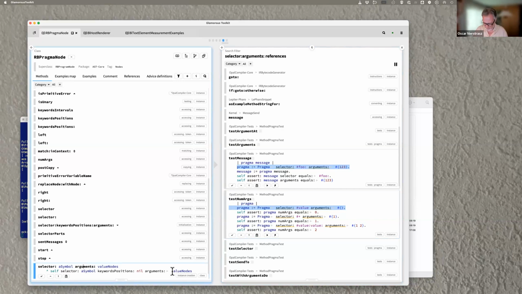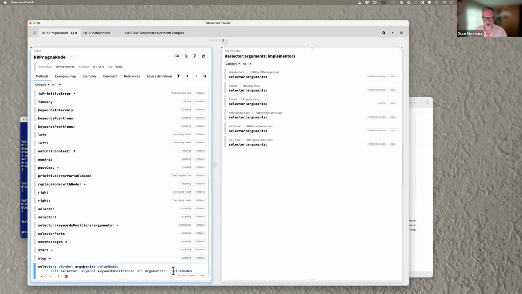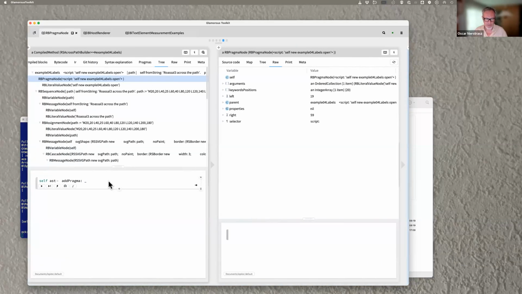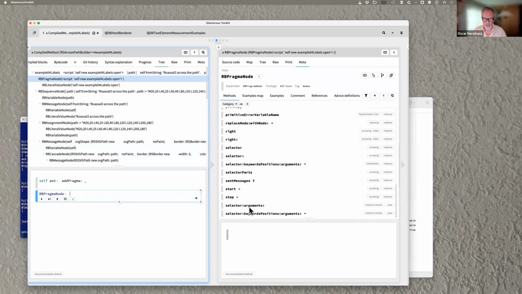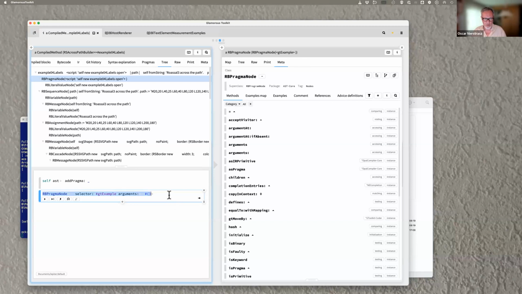How many implementers do I have? Right. So let's see here. If I get an RB pragma node, what is it? Selector, arguments. And the arguments in this case would be nothing. And the symbol would be GT example, right? So if I do that,